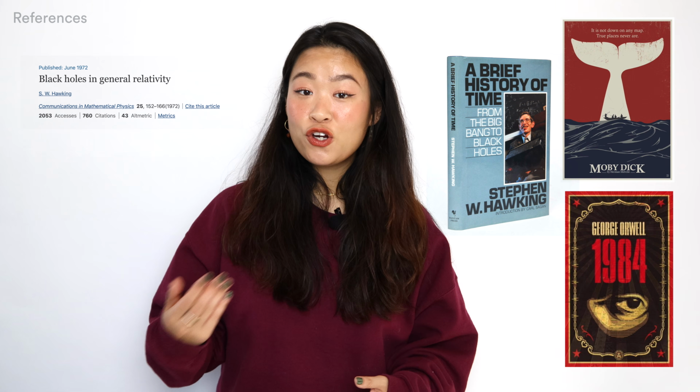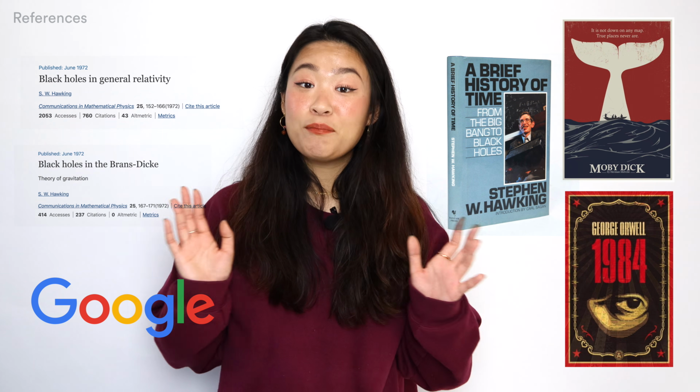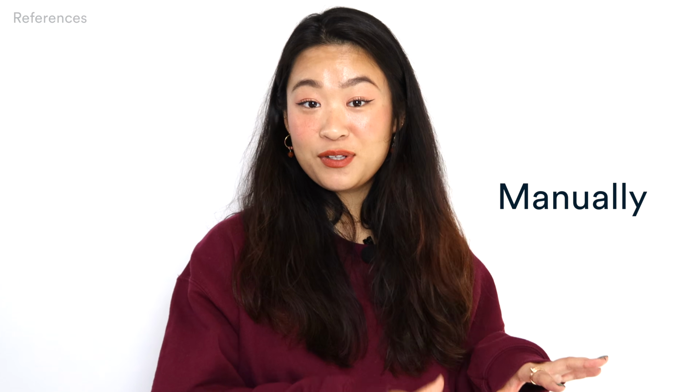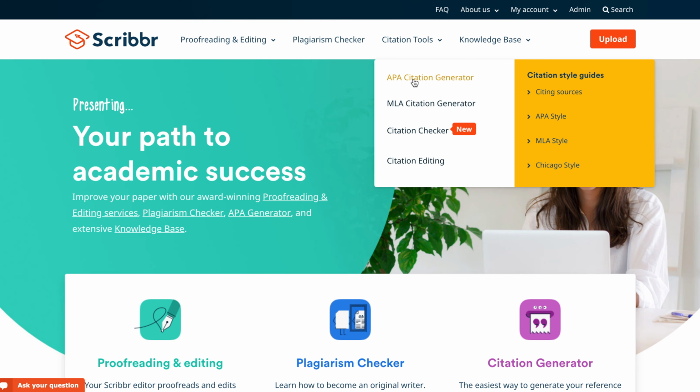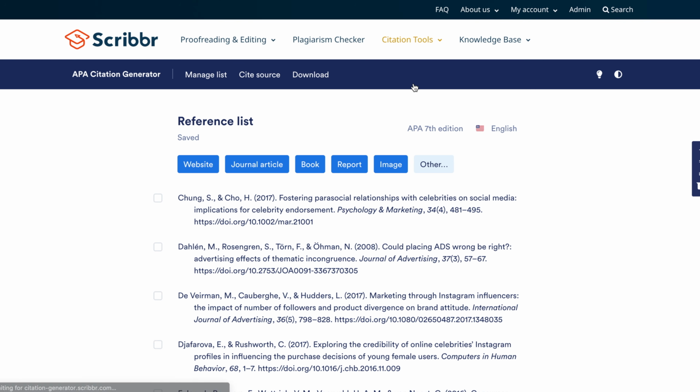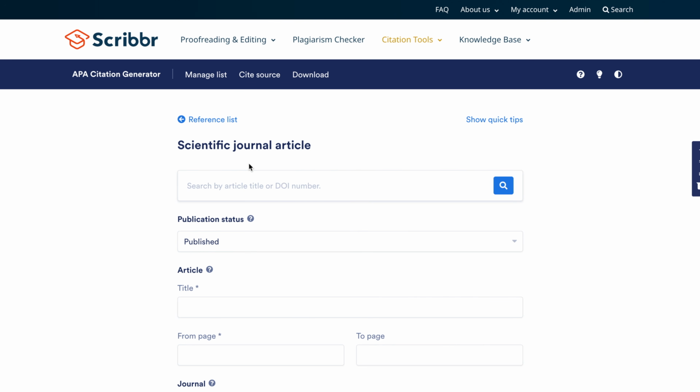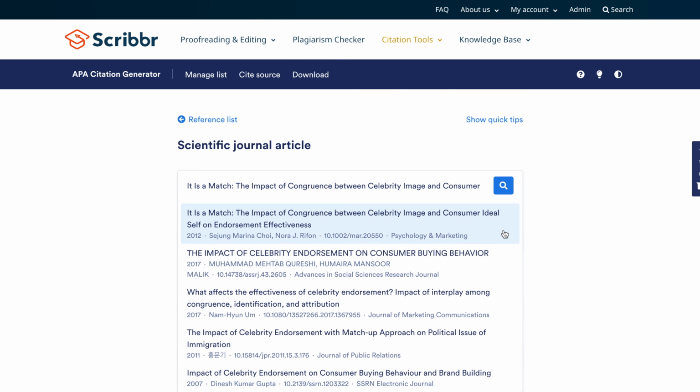Moving on to the references. There are different rules to create references for books, journal articles, websites, and more. There are two ways you can create your references, either manually or use a citation generator. I'll first show you how to do it easily with Scribbr's free citation generator. Let's say I want to cite an article. Click on Journal, search the article by title, double-check the information,